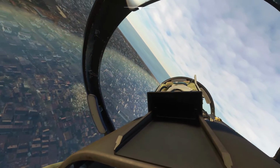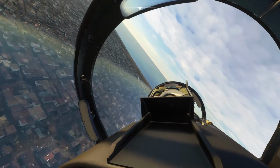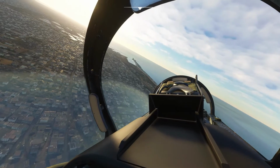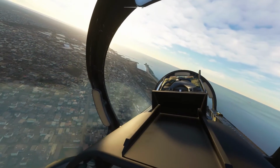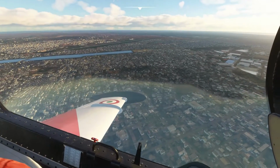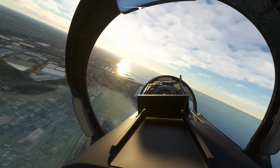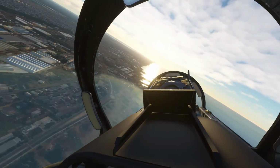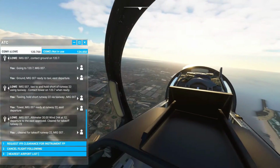We'll keep this flight pretty slow, around 200 knots. It's slow for this aircraft because it's only about 53 miles all up. And our first cue is the harbour. We fly over the harbour entrance there. You see the sun has reached part of the city but not all of it. We keep turning to the east, level out, check the radio,